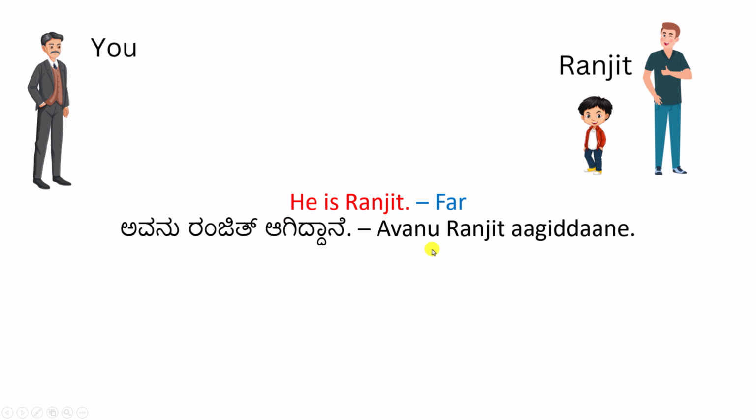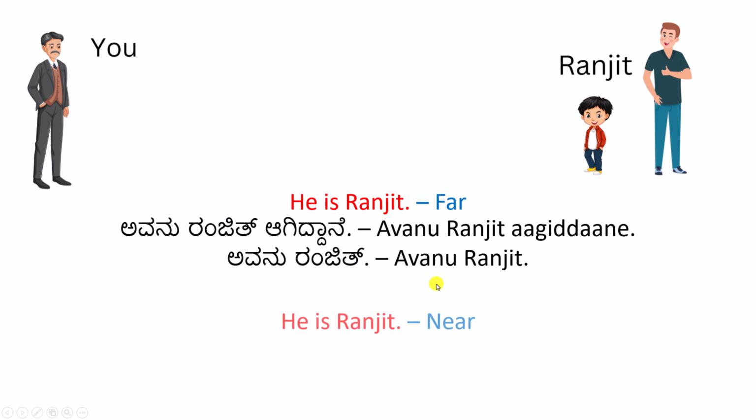Okay. Now we do not use the word for is in spoken Kannada, and so this sentence would reduce to avanu Ranjit. Avanu Ranjit. Alright. So if you want to say he is Ranjit, you have to say avanu Ranjit. And this is when Ranjit is far away from you. Now, if Ranjit is near you,